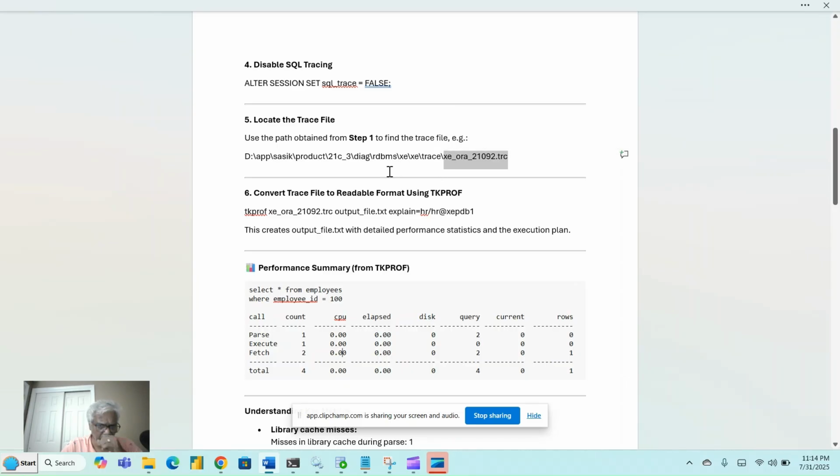We need to convert the trace file into human readable form, correct? For that only, the actual TKPROF utility is being used now. So TKPROF followed by this trace file, which we recently identified for that particular session, correct? That file we are using, and the third parameter is the output human readable form, and explain is the